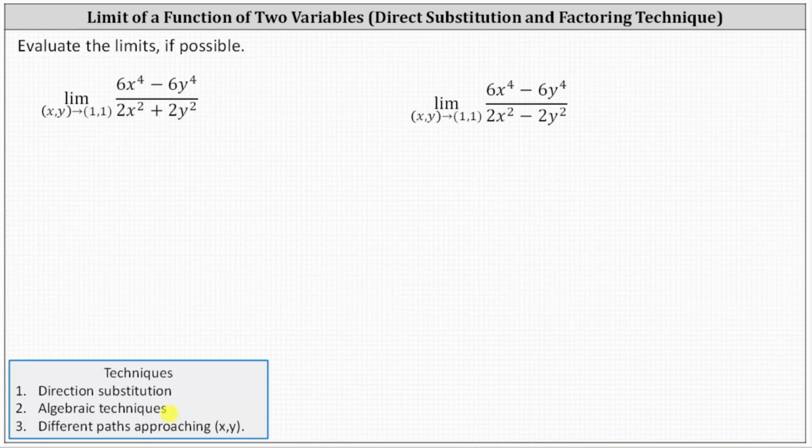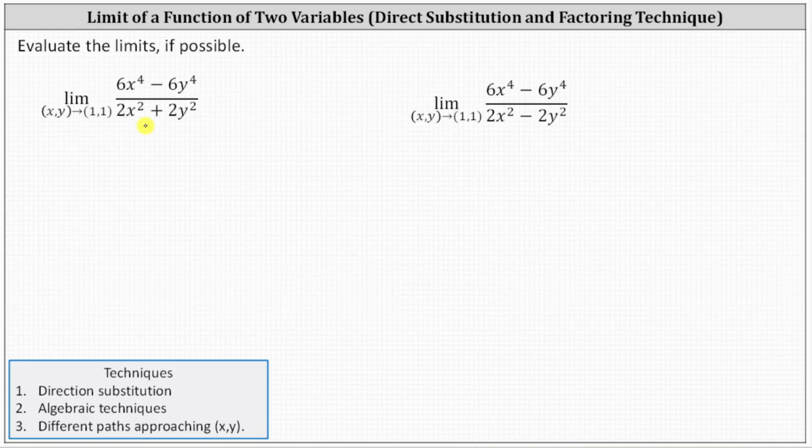To begin, we have the limit as x comma y approaches 1 comma 1 of the rational function, the quantity 6x to the fourth minus 6y to the fourth, all divided by the quantity 2x squared plus 2y squared. Because we have a rational function, we're mostly concerned about division by 0, but notice because we have 2x squared